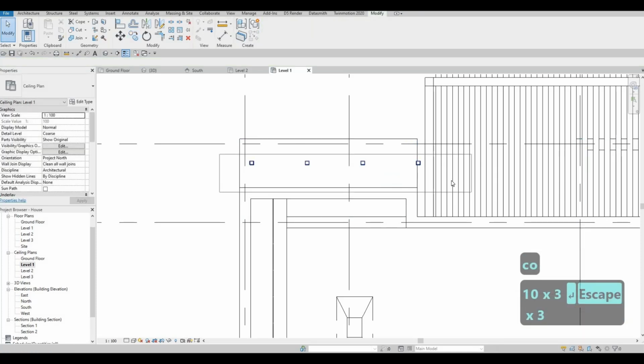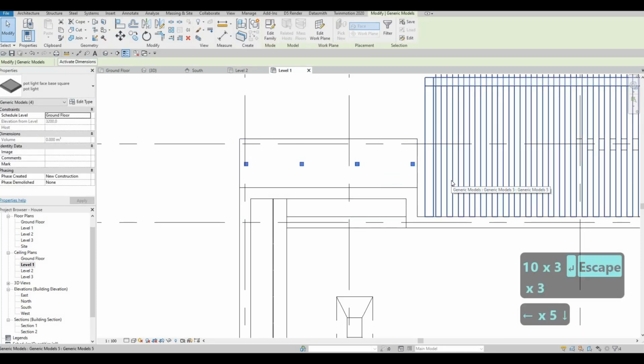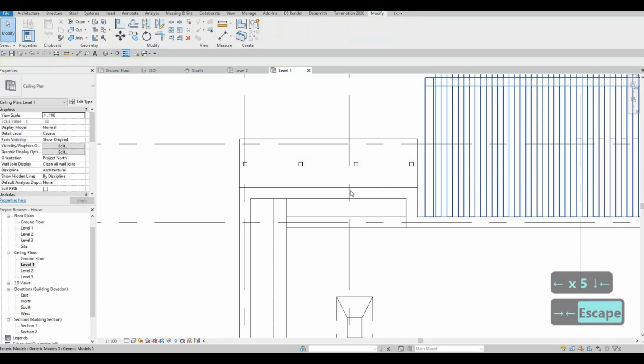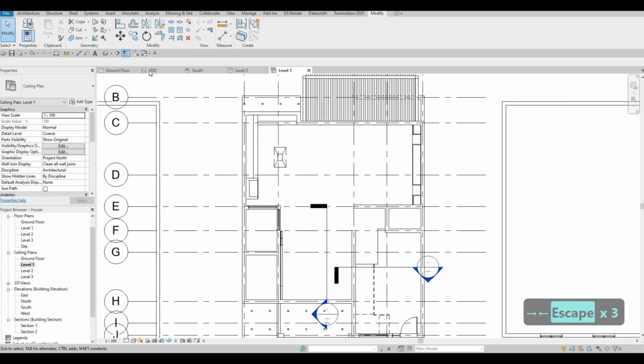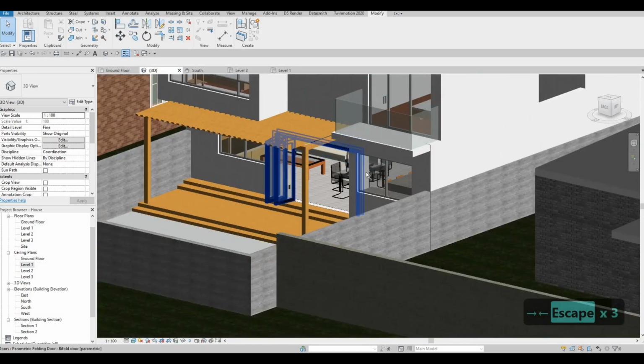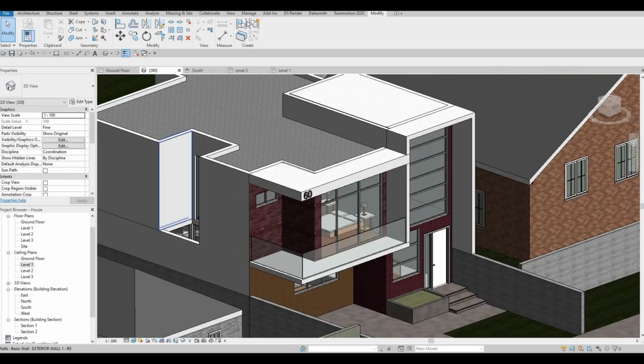And then you need to move it along. And then we need to go to manage